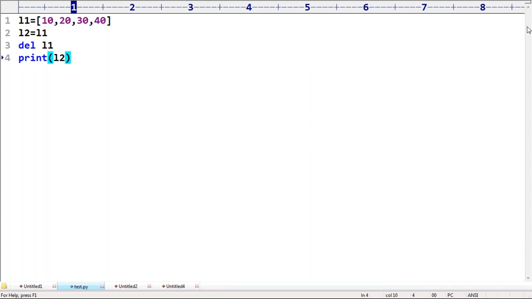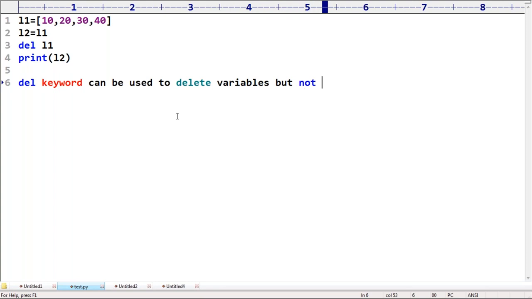Any doubt? Now I have one bigger doubt. Now you have to tell. Del keyword can be used to delete variables, but not to delete objects.